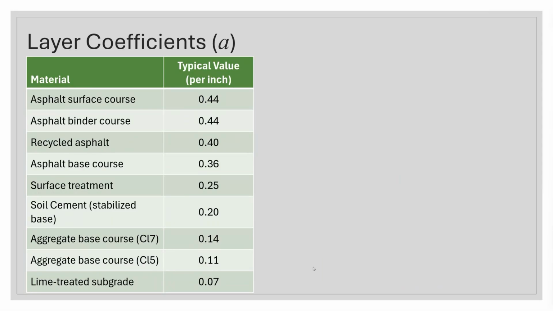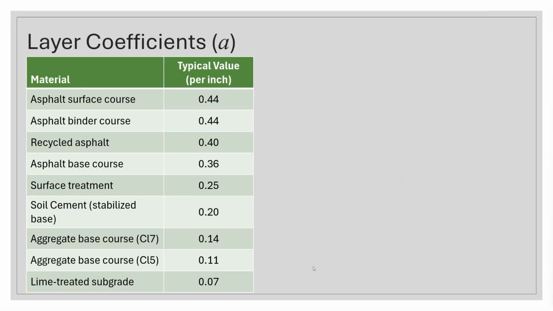Now, an asphalt mixture in general is going to give us a 0.44 layer coefficient. And is it the right number? I don't know, but it's kind of the standard number that's been used forever. So the assumption is that for a standard asphalt mixture, we're getting a layer coefficient of 0.44. Now, if it's a recycled material or a base course or some different types of asphalt, that will drop a little bit. But the highest number you're usually going to see is a 0.44.